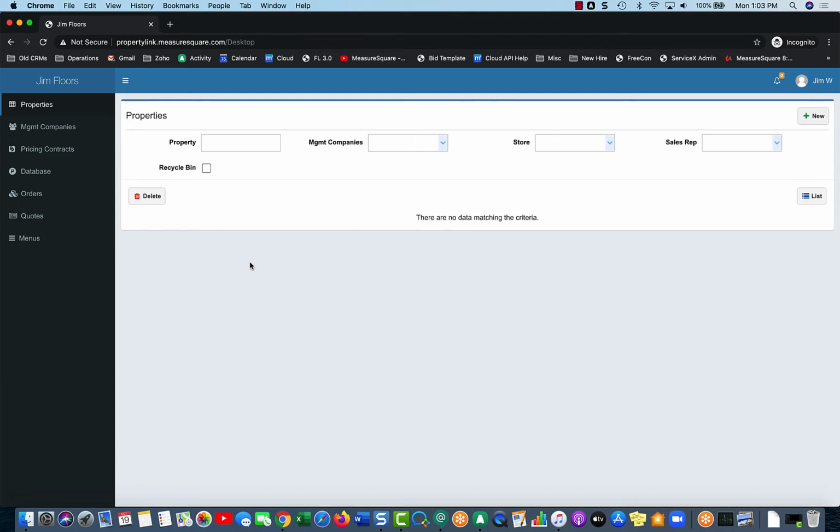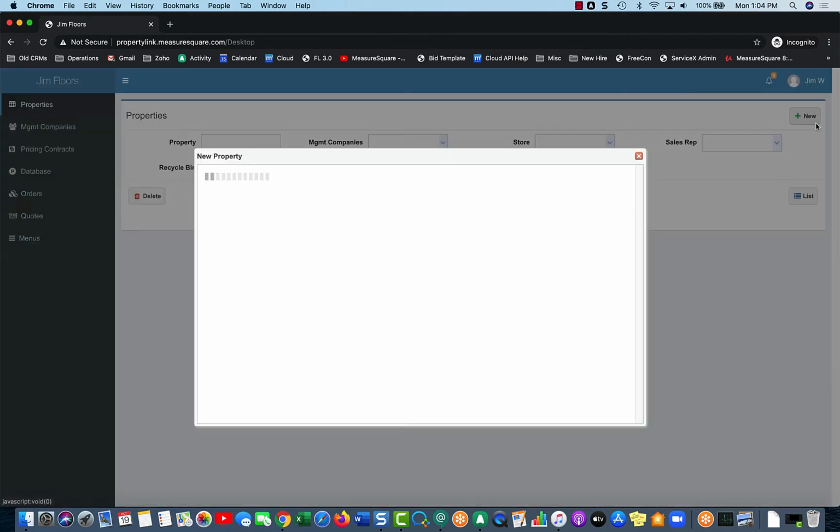Hello folks, in this video for PropertyLink we're going to cover how to create a new property and a management company at the same time and then import a couple of diagrams. So I'm in the property view on the top left. I'm going to select new at the top right